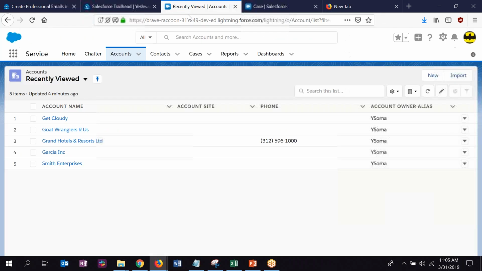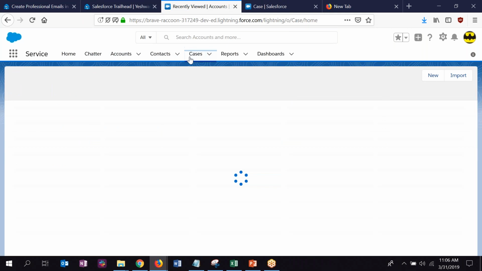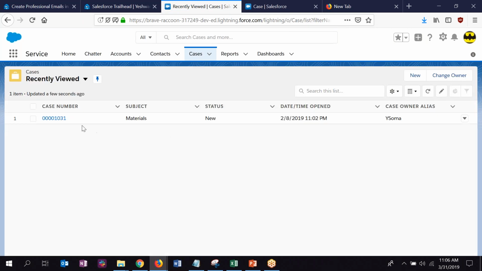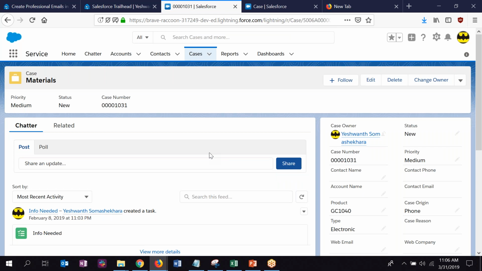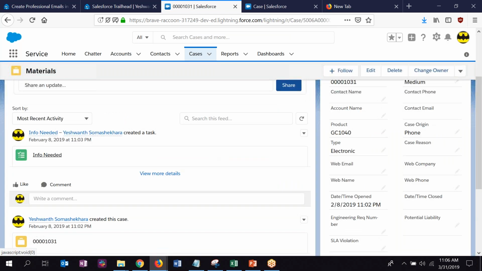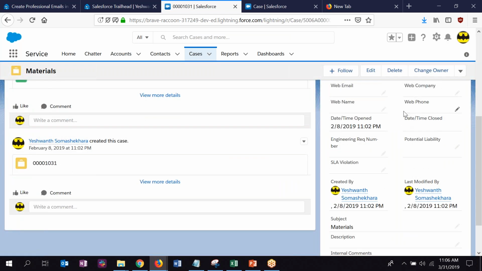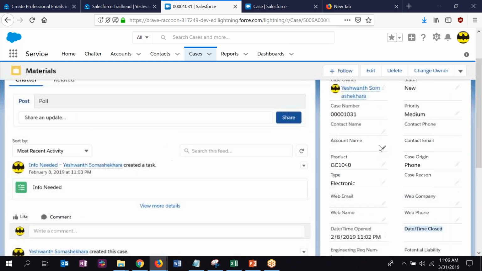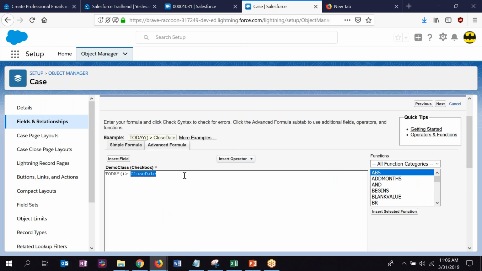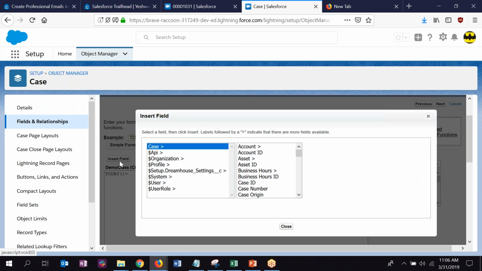Okay, let's go to cases. Just take a field. Okay. So I think I removed it because I've been playing around. So that's fine. Insert field. So I don't know what field it is. Go in here.